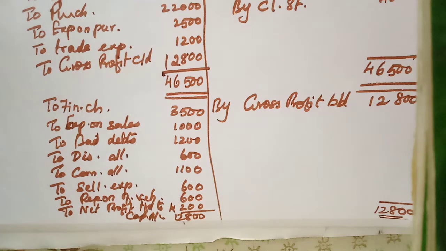Write a note on trading account. It is given on page number 90 in my book. Okay, trading account. In the beginning, the first line, I will read and you mark. Trading refers to buying and selling of goods with the intention of making profit. 1 point. Then trading account is a nominal account which shows the result of buying and selling of goods for an accounting period. So 2 lines. Okay, this is a 2 mark question.